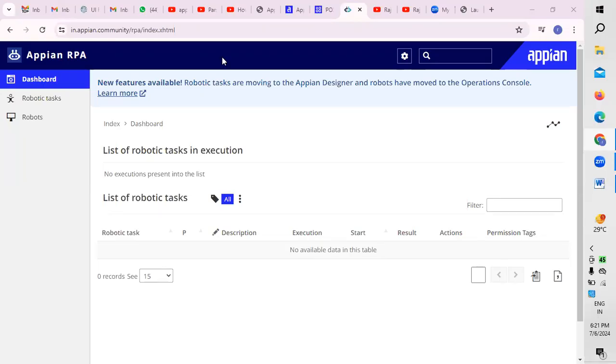Right. So this is what generally an RPA from the context of Appian BPM is all about. Because as we all know, whenever we are working on Appian as a BPM tool, which is a low-code platform to develop and build business process management applications. Nowadays, we are working on RPA tools also, because if you want to automate any process or work on any kind of automation projects, it's always important for us to